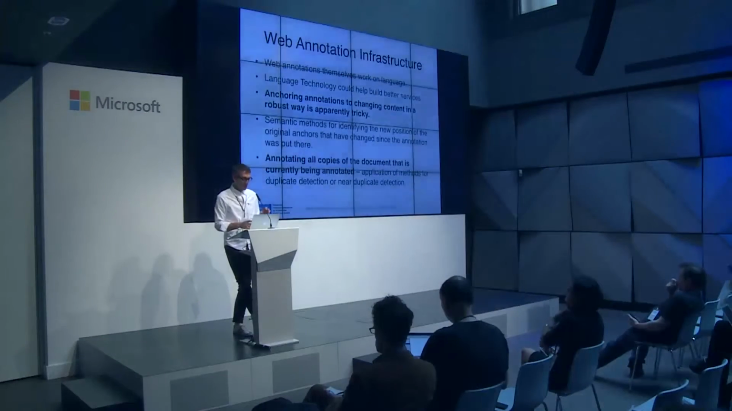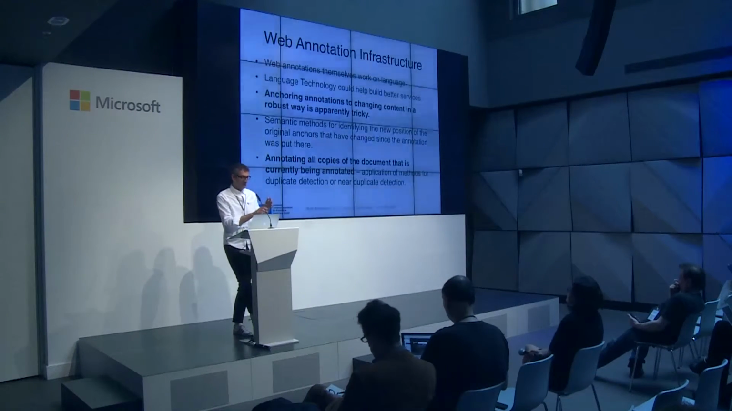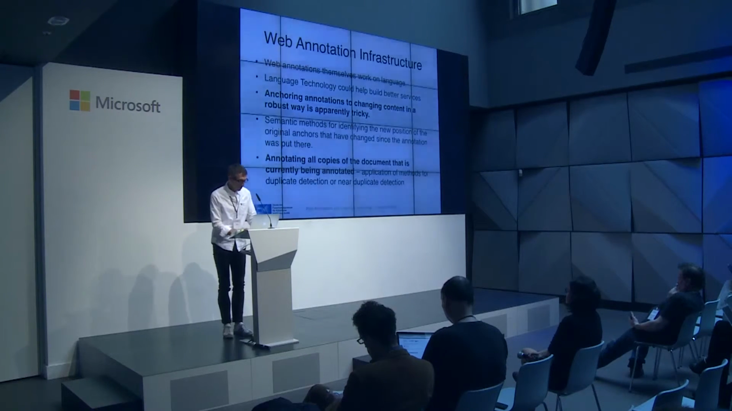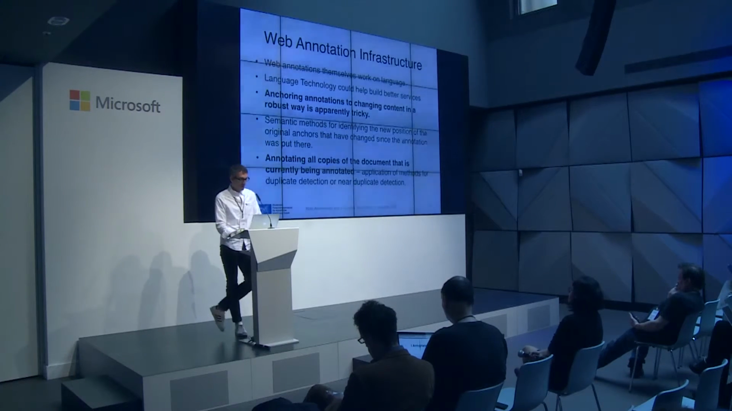For example, anchoring annotations to changing content in a robust way is very tricky, apparently, because as soon as the content changes, but you have an annotation pointing into the content, there's a problem. So you want to fall back to some mechanism so that you can reconstruct somehow the former anchor of the annotation, and semantic methods here could help. For example, semantic distance measurements, for example. So to reconstruct the original anchor of an annotation that was changed,